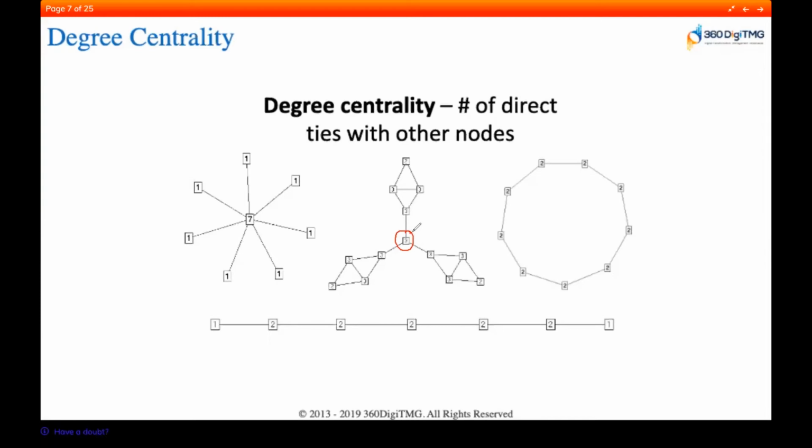this particular node has direct connection with 1, 2, and 3. Only 3, right? If you look at this, this is connected to 2, this is connected to 2, this is connected to 1, 2, and this particular 3 is connected to this one and this one directly. So it has more impact, right? But if you look at this keenly,